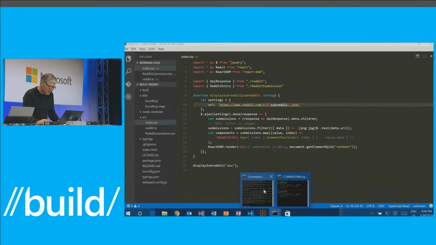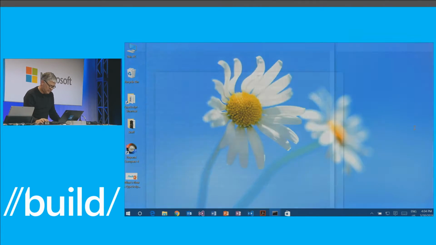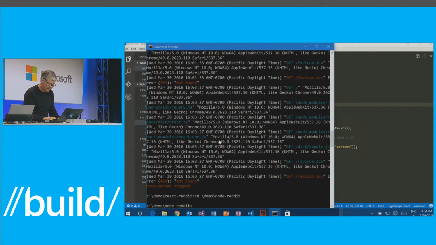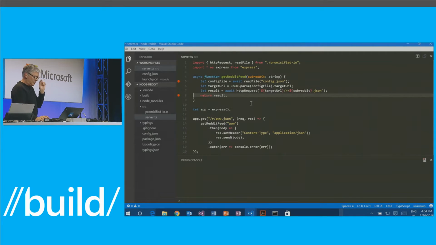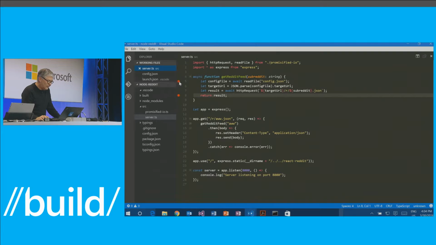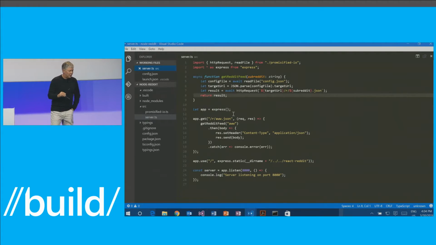So let's switch to another directory here. CD demo and go to node Reddit, and let's fire up Visual Studio Code on this guy. So here we have a little, I don't want the debug console to be up right now. Here we have a, let me kill these two also. A Node app that uses Express, which is an application server framework for Node.